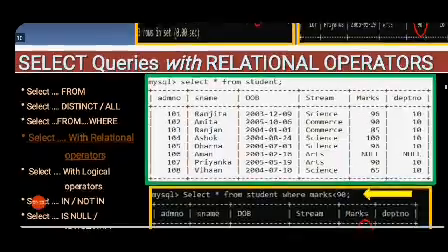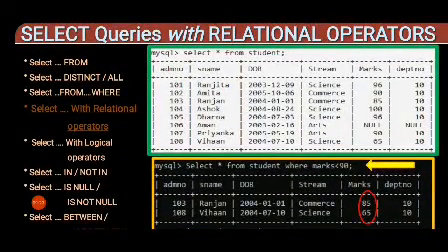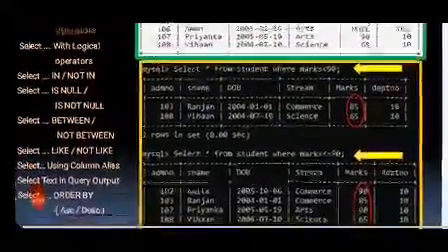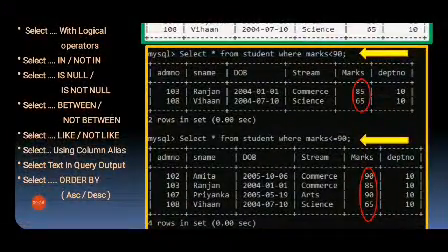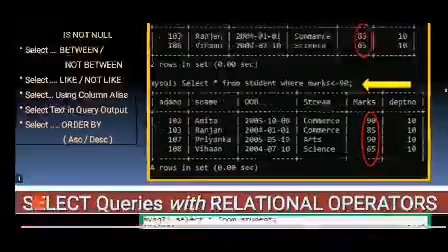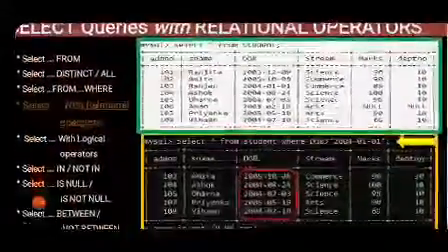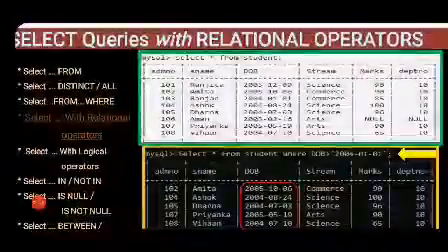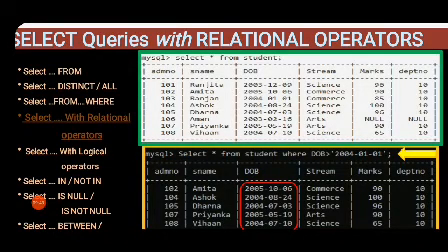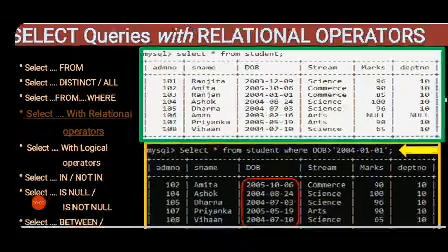Now, select queries with relational operators, some more examples. Marks less than 90, you are getting it, and then marks less than equal to 90, same. So I hope this is clear. Over here again, if we have select star from student where DOB is greater than that particular date, you will get all those records whose DOB is greater than that particular date that is given in the condition.